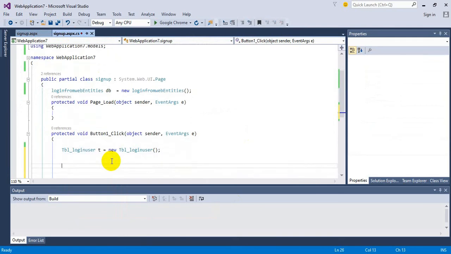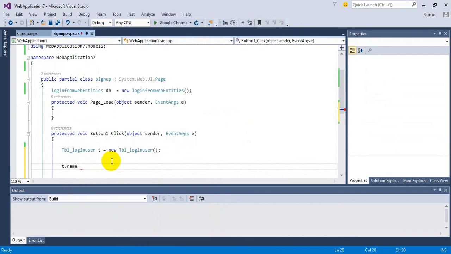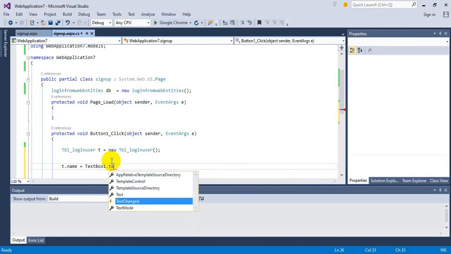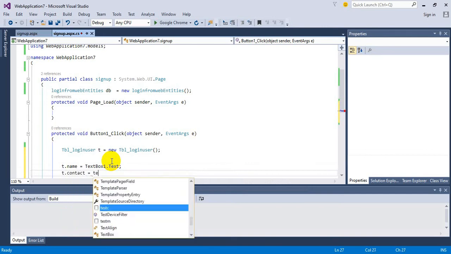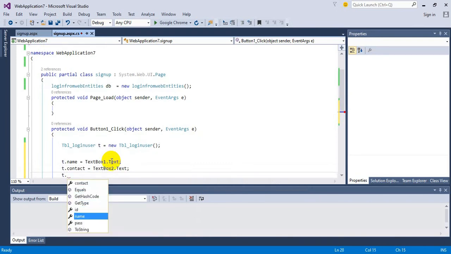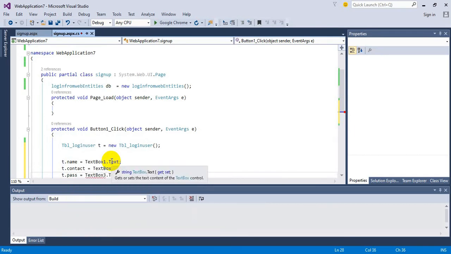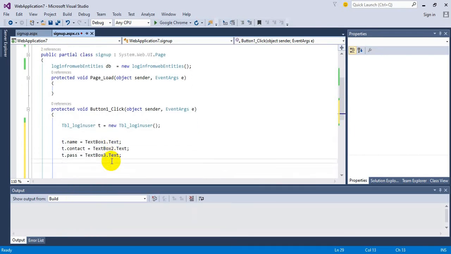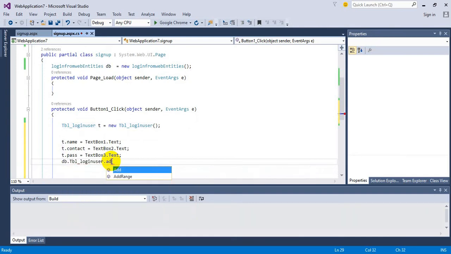On a button click, t.name equals textbox1.text. Just like that. t.contact equals textbox2.text, and t.password equals textbox3.text. Okay, and now db.tbl_login_user.add